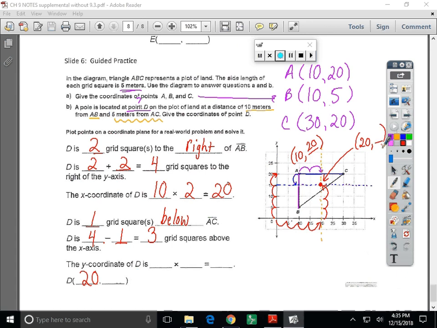I noticed something when I went to do this. I'm not moving up 20, am I? I'm moving 5, 10, 15, up 15. And so just using this model will help me. And then I'm trying to figure out, how did I get that 15 over here? Well, if it's 3 units or 3 grid squares, each one was worth 5, right? It's kind of like saying,